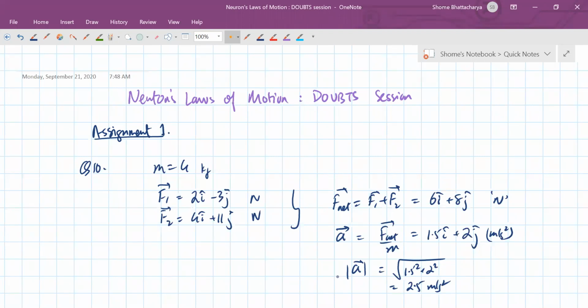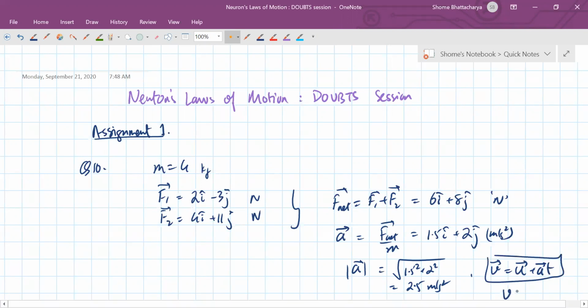Similarly, you want to find the velocity after 2 seconds. Just use this relation when acceleration is constant, or you can convert this to a scalar equation, etc. Similarly, displacement versus time, etc. So hope the question is clear. No, you don't need to write the whole thing, just tell me the HC Verma question number. Yeah, I will discuss, Krupa, I'll come to that. So Shikhar, this question is clear, I hope.